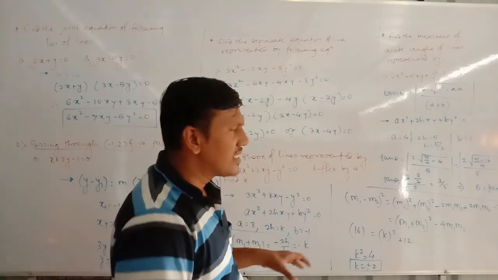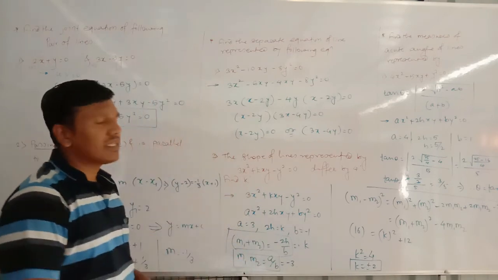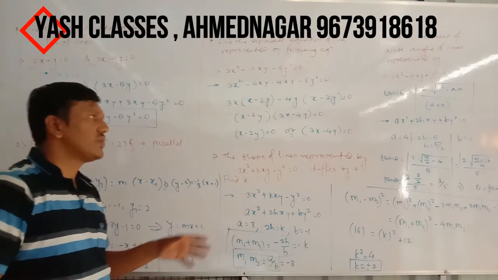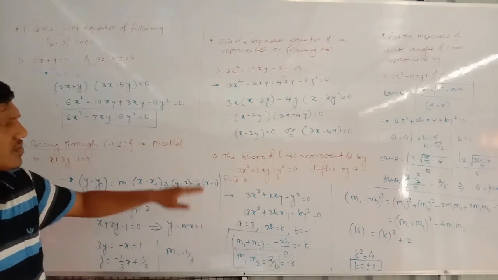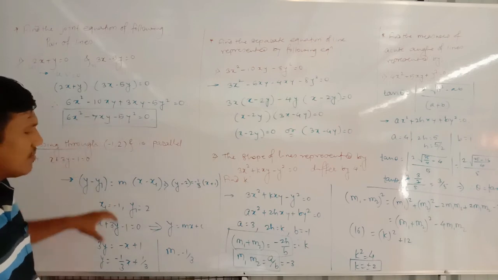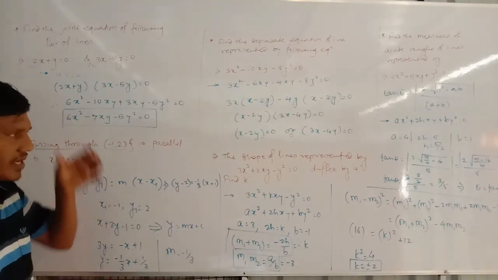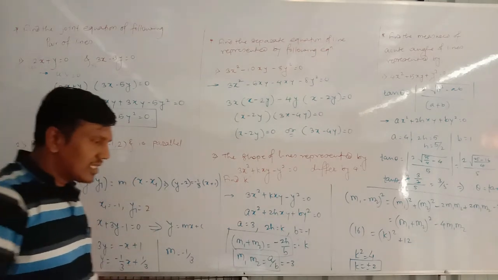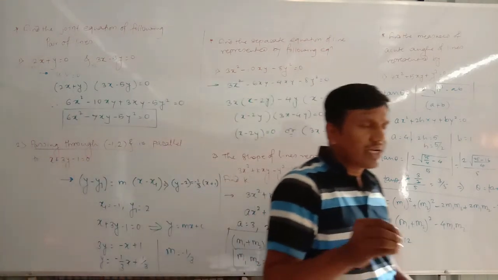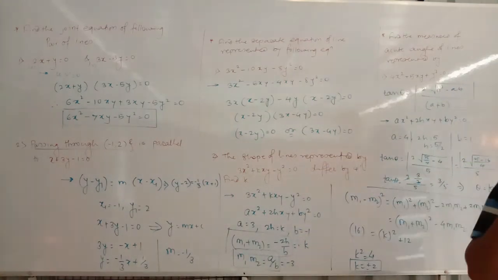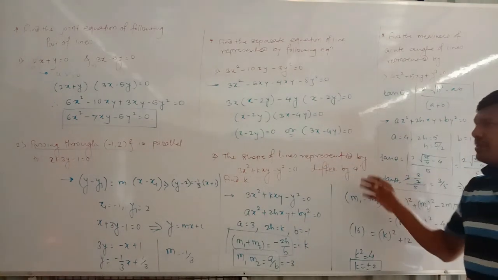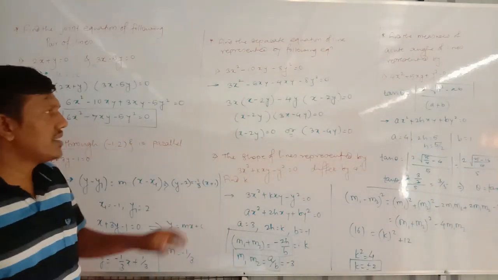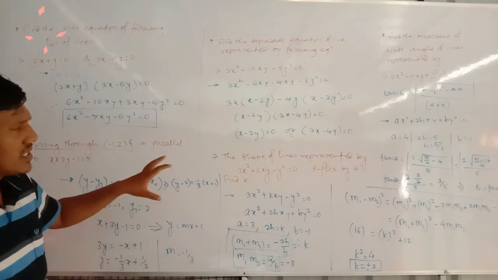So these are some basic examples I am taking here. With these basic examples we conclude our exercise. I am giving some assignment problems to you regarding this exercise. Go through these basic examples thoroughly so that it is useful to solve many problems regarding these first basic parts. Before starting these examples, it is very important to go through the formulas or important relations of the line. I have already given the important relations of the line, so just go through them. If you have any doubt regarding this, you can call me at any time.